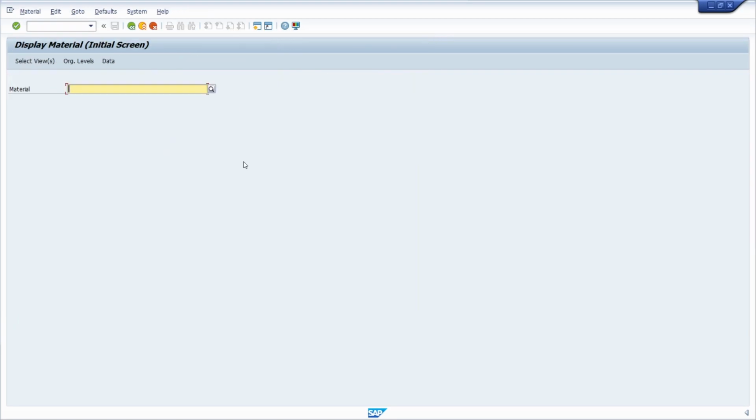Here we are right now in the transaction code MM03 to display materials. Within here we have one input field for the material number, and here we can use the so-called F4 help. It is called F4 help because you can execute this help via the F4 key on your keyboard. So you can simply set the focus into this input field and then hit the F4 key on your